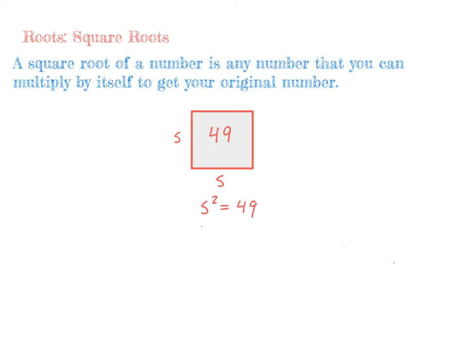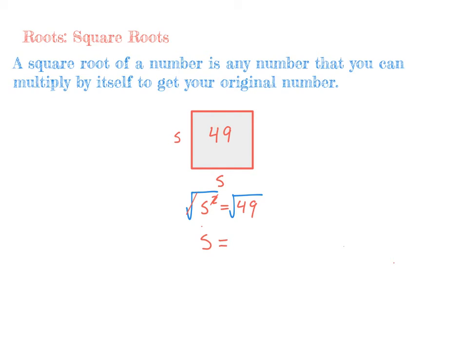What we need to do in this case is isolate the variable. So we're trying to leave the variable by itself. To do that, we need to use inverse operations. So I am going to use the square root since it is the inverse operation of squaring. So I'm going to write the square root on both sides. Now I have the square root of s to the second power. That cancels out, and you're left only with s,